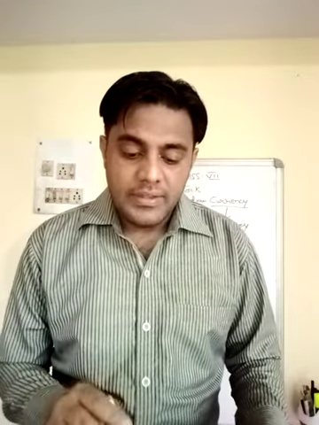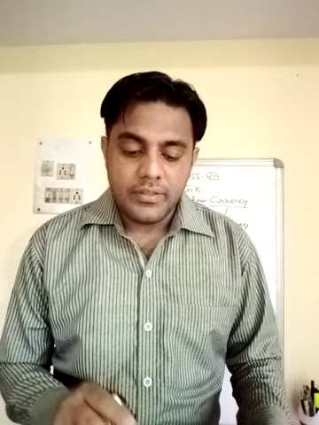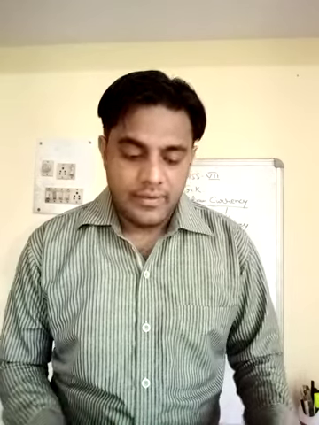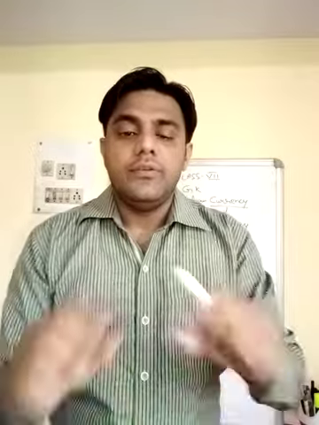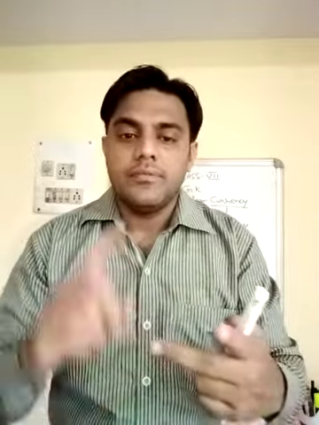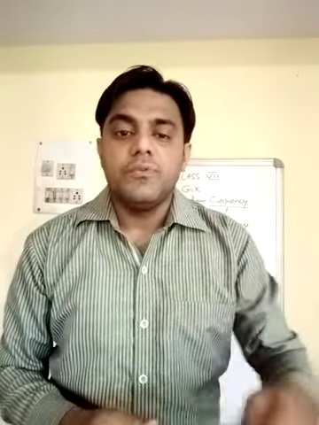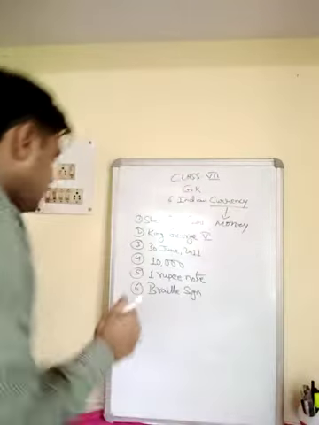Now let's move to number 7. Apart from Hindi and English, which appear on the front side, number of other languages appear on the reverse side. See, for example, if you take a 10 rupee note, in front of 10 rupee note, the denomination value is written in 2 languages, Hindi and English. But in the back side, apart from this, there are few more languages in which the same denomination value is written. How many languages are there?